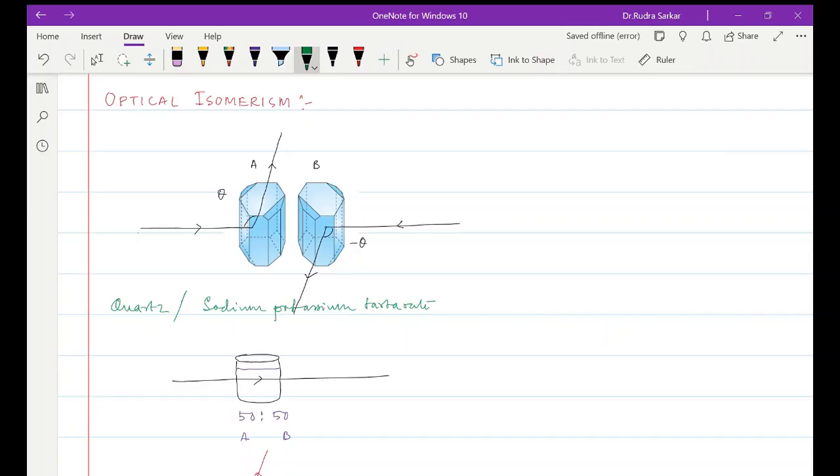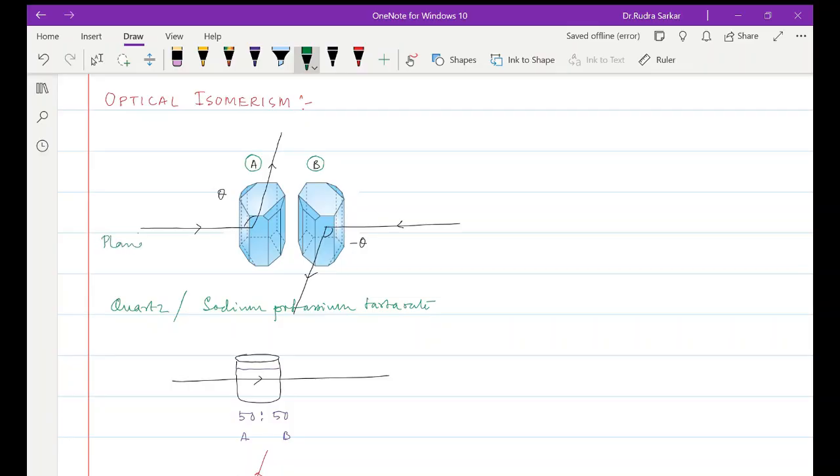Now such crystals, as you can see, they are looking different and they are almost as if they are mirror images of each other. I mean A, the crystal form, is a mirror image of crystal form B. So what Louis Pasteur did was he handpicked using forceps the crystal form A and crystal form B and separated them. And then he passed